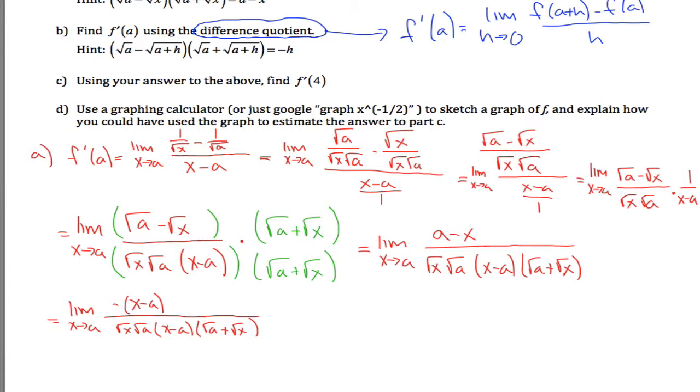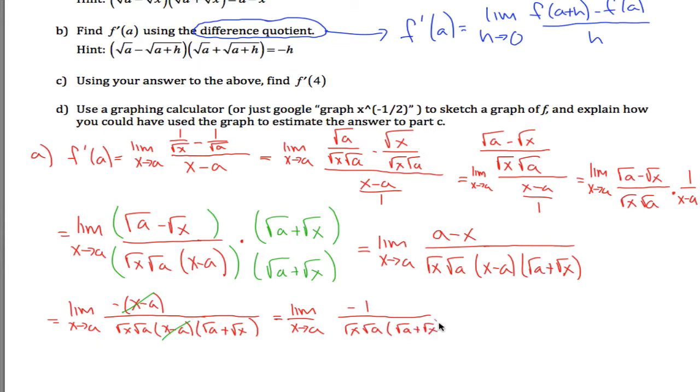And finally, there's a reason we did all that. This and this can cancel out. Pretty close now. This is just the limit as x approaches a of negative 1 divided by root x, root a